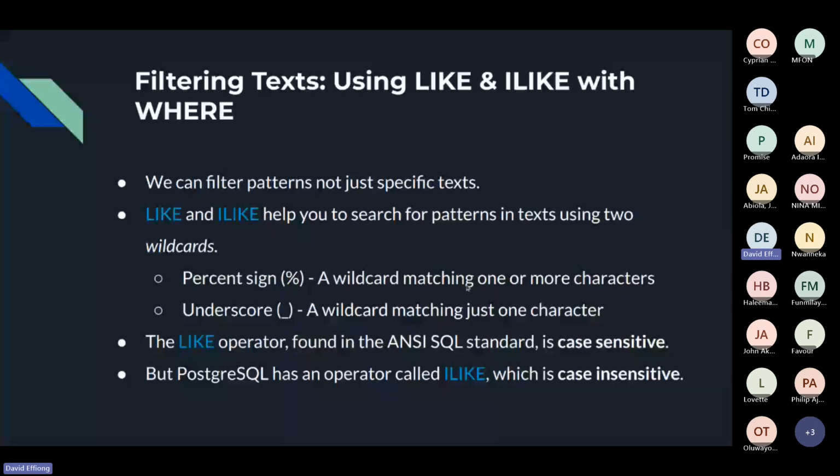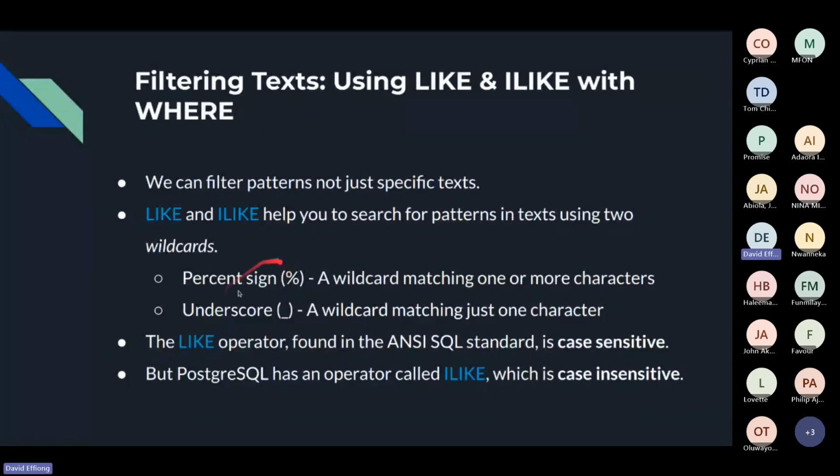Let me explain the whole pattern filtering stuff. For example, we want to find movies that end with A, or let's say we want to find movies that start with the letter A. Now we are not looking for a specific word, we are just looking for a pattern. The pattern is the movie must start with A, or another pattern is the movie must end with the letter E. The name of the movie must end with E. That's a pattern. Another pattern could be the movie starts with letter A and ends with letter E. So you see, those are different patterns, and we can